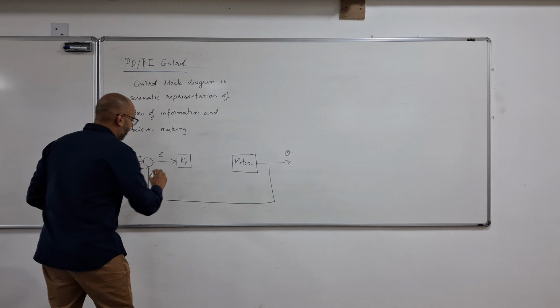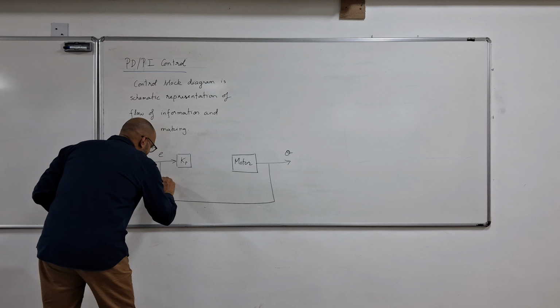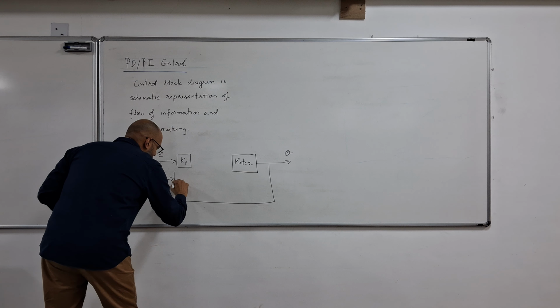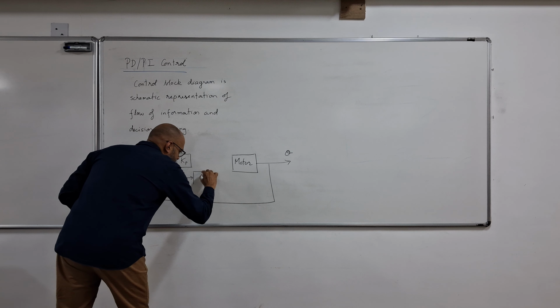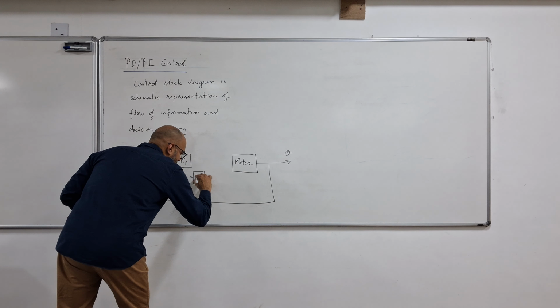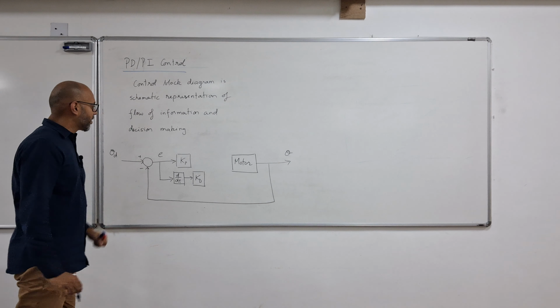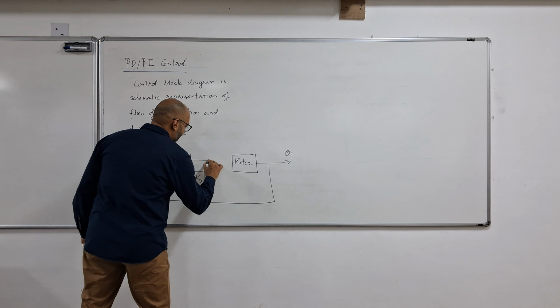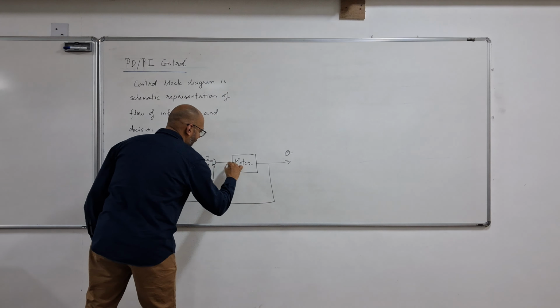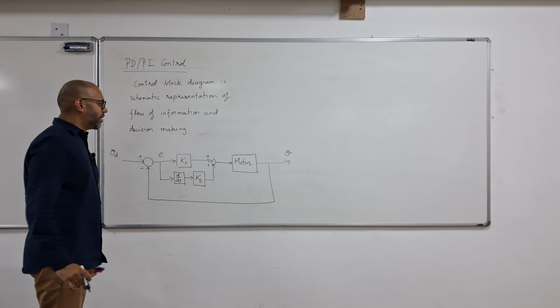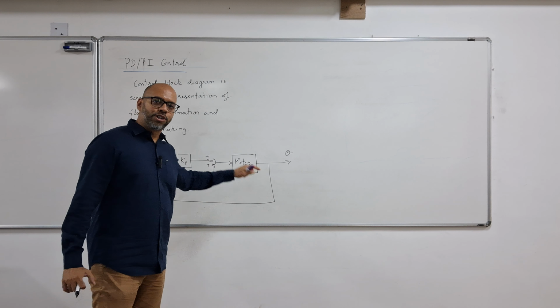And then the second part is the derivative action, where it takes the error and takes the time derivative of that, and then applies a gain to that derivative. Let's call that kd. And the final control action is a combination of both of these. So you add both of these together, and then this goes as the input signal or the input torque to